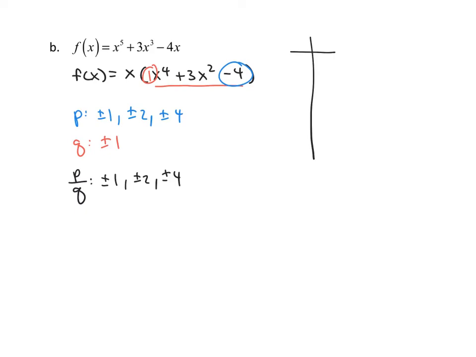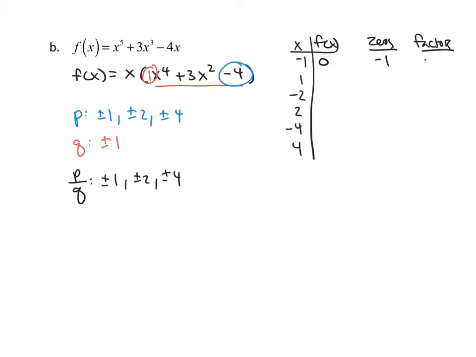So we get x, f of x, -1, +1, -2, +2, -4, and +4. Remember, these are just potential zeros, and we're going to test a few until we find one that's actually a 0. When I plug -1 into f of x, I actually get 0 right off the bat, so I already found one. So if I make a list of my zeros and factors,